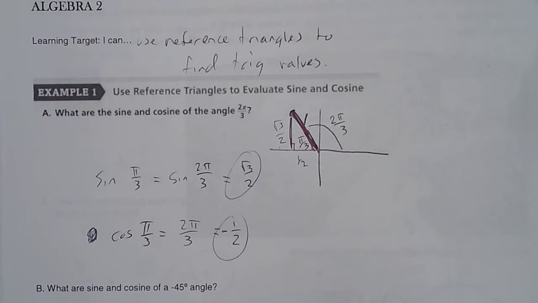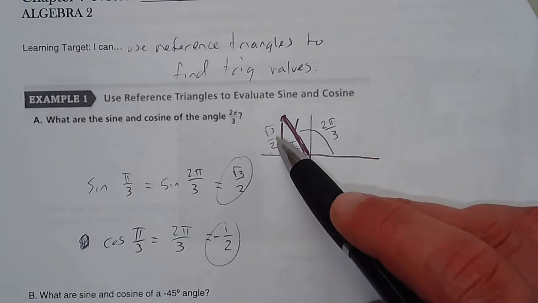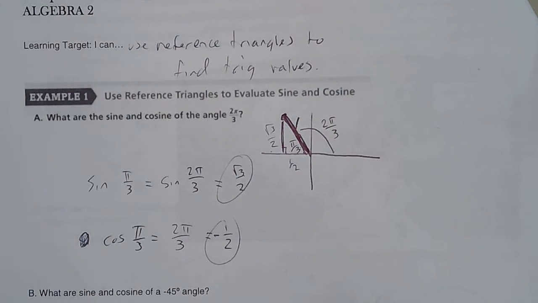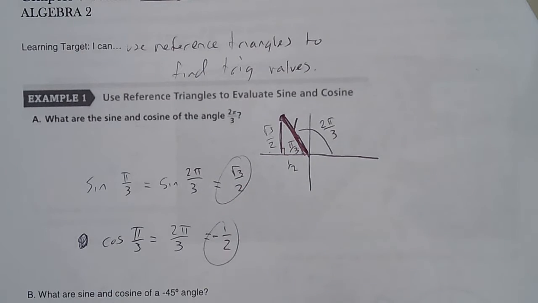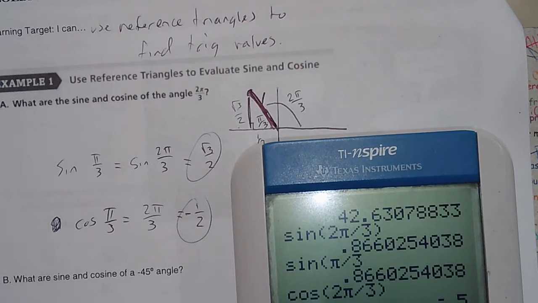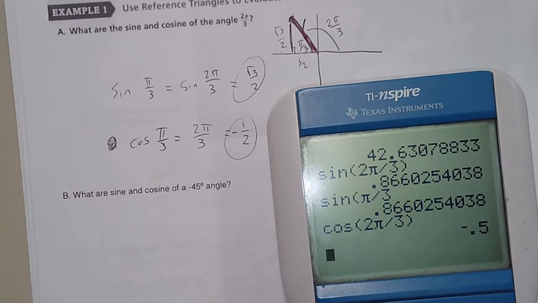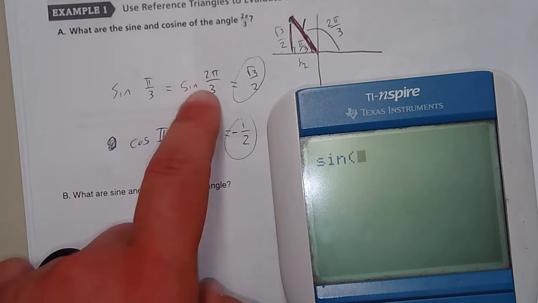Now, here's the thing I want to make sure you're clear on. I really don't want you to do the problems using the calculator, because I want you to understand your unit circle and understand the drawing of the triangle and the 30, 60, 90s and everything that pieces together. The calculator is programmed to do this. If I were you, I would check them this way. Could you do this and would I not know the difference? Yeah, that's true. But in terms of learning this stuff for trig, pre-calc next year and other math classes you might have, you really want to understand how the unit circle and the reference triangle are created. But if you want to check this and say, okay, sine of 2 pi over 3,